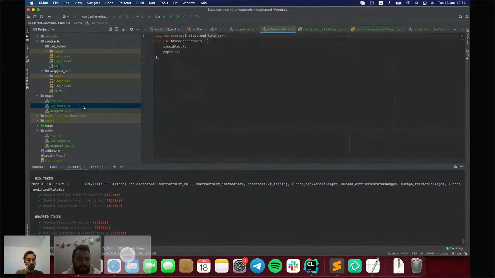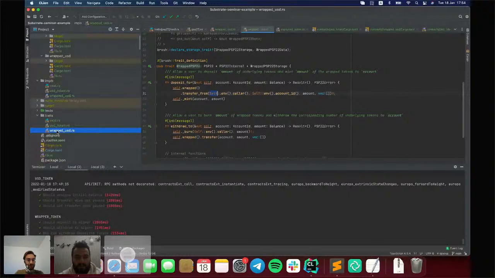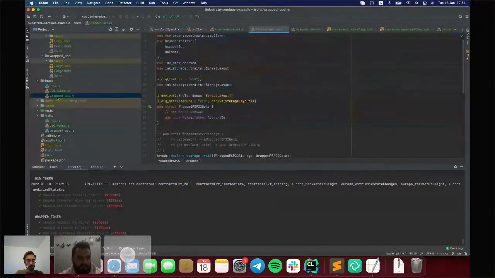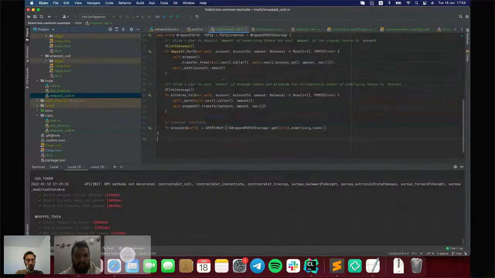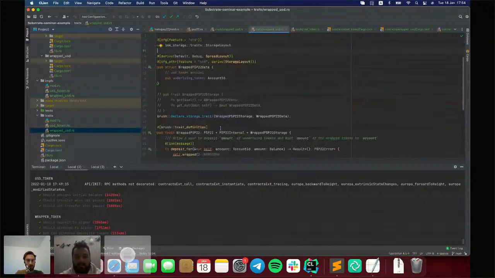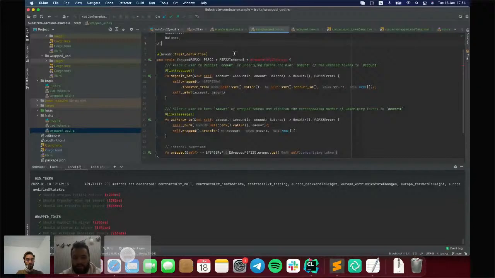Okay, and let's come to wrapped USD. That is more interesting for us. So let's copy everything here and paste it here. And now let's remove all stuff related to the implementation of that trait.